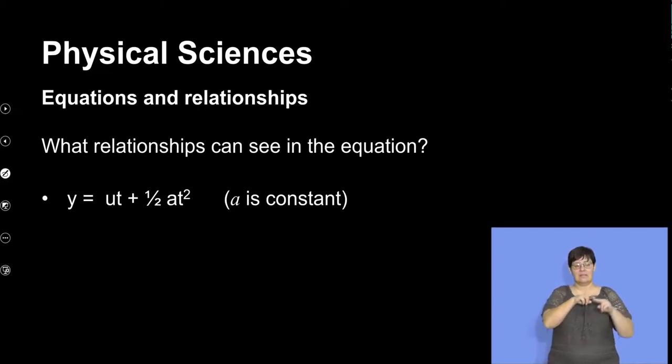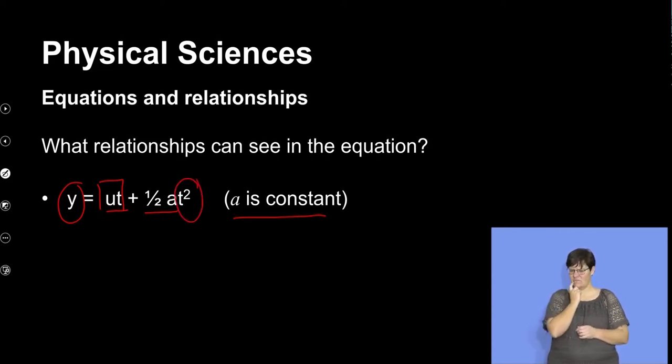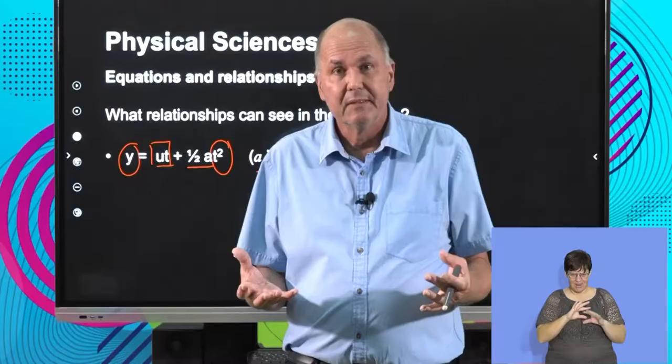definitely has a dependent variable. We can recognize it's even y. It's on its own. Then we've got something that is looking quite strange, that is on its own, and it's got u and t with it. Then we've got something that says half a, and we were told that a is constant, and we've got a t squared. So this really looks quite a mystery. How are we going to unpack all of this? Well,